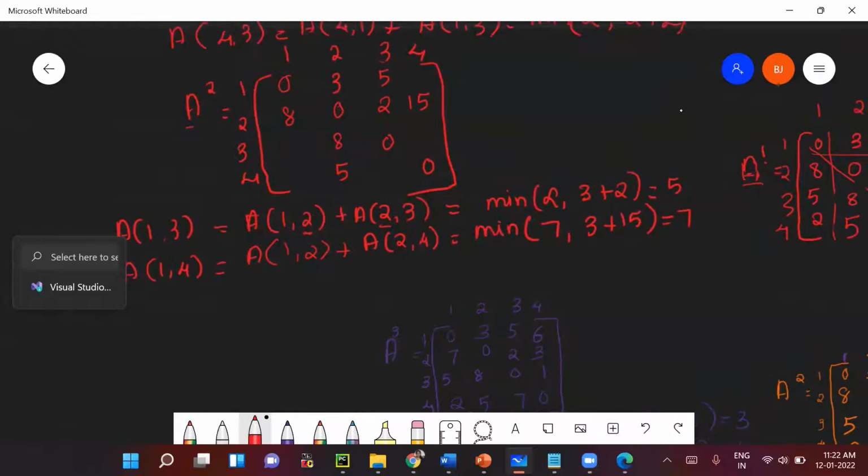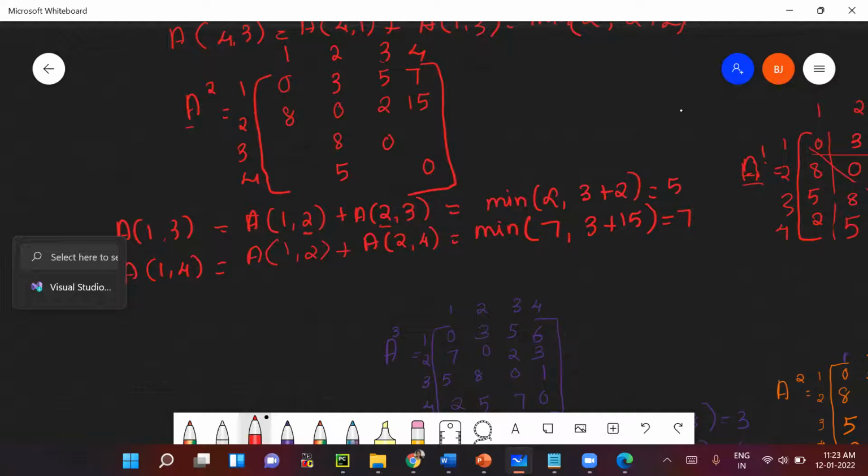Ma'am, one doubt. Using the graph we have to write our last adjacency matrix, we have to draw, ma'am. The graph is constant only. We are not updating the graph. Divya, don't use the graph, only for the weight or cost adjacency matrix you will use the graph. Afterwards, it will be complicated if you are trying to find the shortest path using 2 intermediate vertices. If you are able to find it, then it is well and good. But the whole distance matrix we have to update.